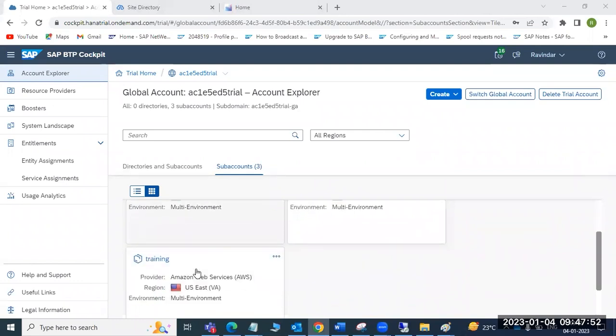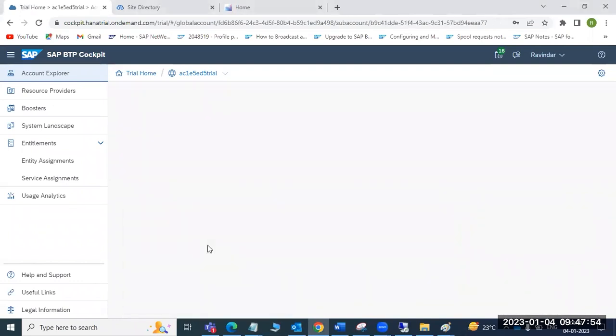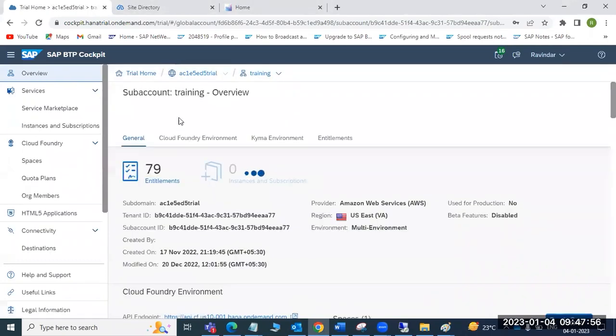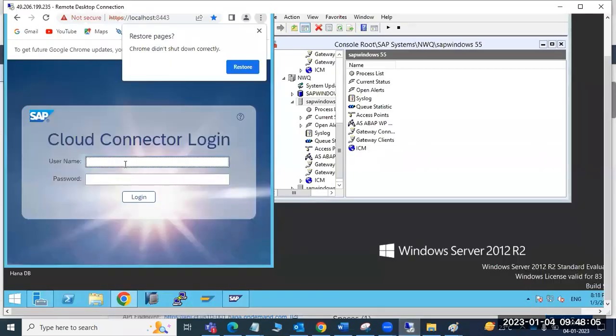Suppose I take the training class sub account. I have already registered this training sub account in my cloud connector. So how to register, you know, right? Go to the cloud connector. I have one cloud connector here in my practice systems, administrator user.